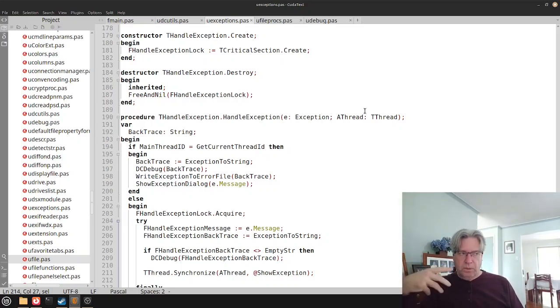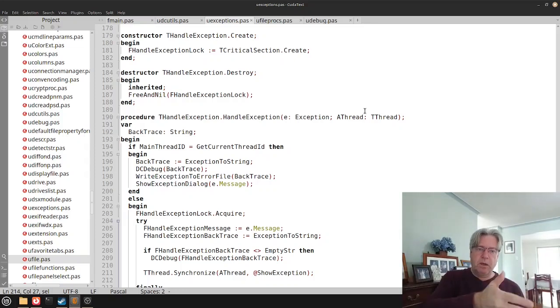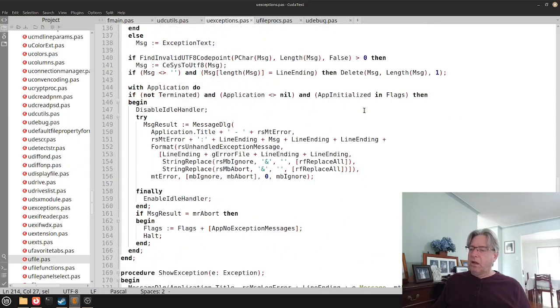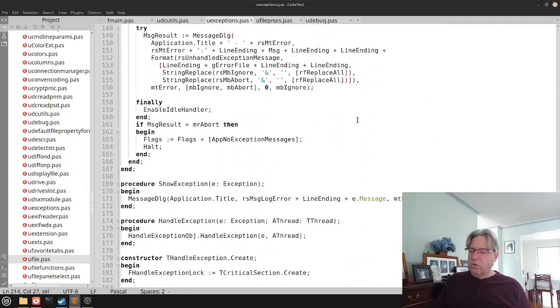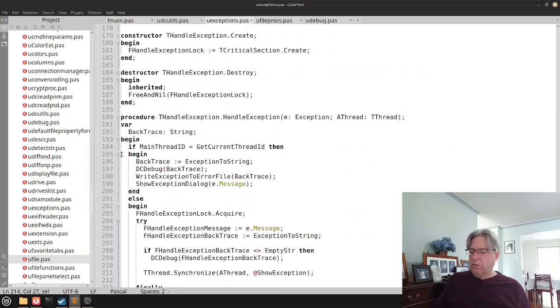Not only will it be consistent to the user, but you can also have it logged to files as well, being in a debug file, an error file, or otherwise. When it does go to, let's just move back to see where we are. So we get the exception message, and we get a stack trace of the message itself. Now that stack trace will be written to an error file. So when we write that to an error file here,